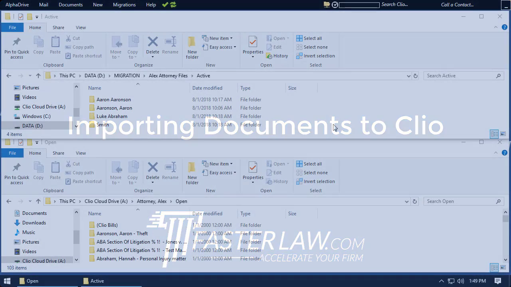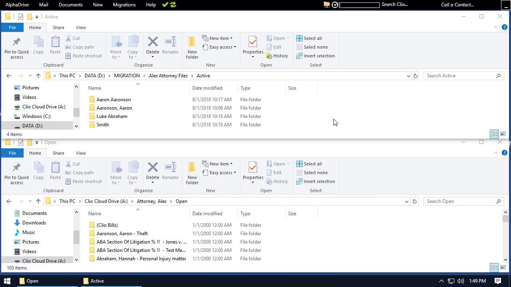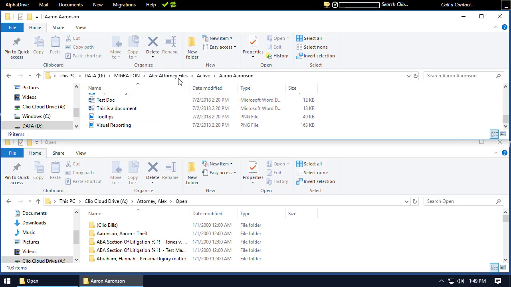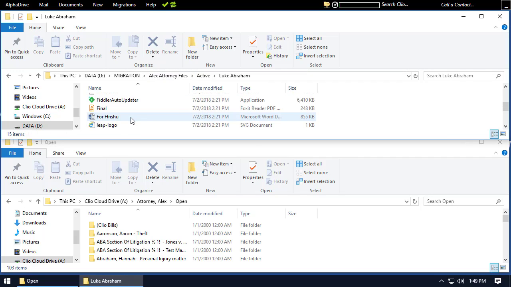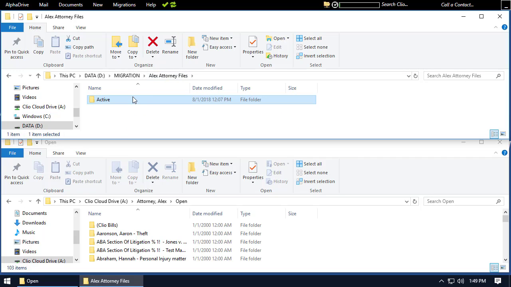This video will cover the use of the Move My Docs tool in AlphaDrive. This tool can be used to quickly and easily move large numbers of documents from your local drive to Clio and AlphaDrive. It is important that your AlphaDrive file organization settings closely resemble the organization of the files you wish